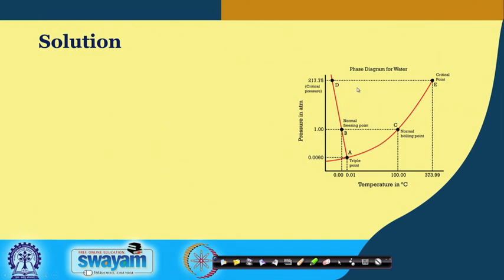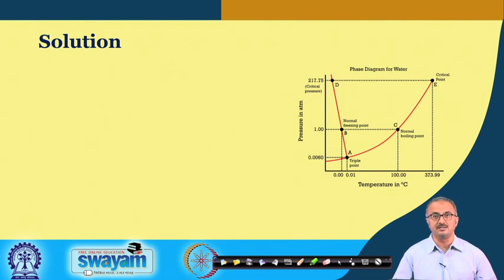So here you have to refer to this phase diagram, and we know that -5 degrees centigrade is below the freezing point of water at 1 atmosphere. Similarly, 200 degrees centigrade is above the boiling point of water at 1 atmosphere. So you see that in this particular thermodynamic diagram we have these three curves which are denoting the phase change curves. So this is the condensation curve, this is the fusion curve, and this is the sublimation curve. And here we have the triple point, and here we have the critical point.